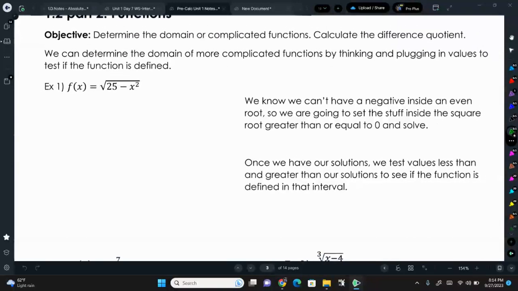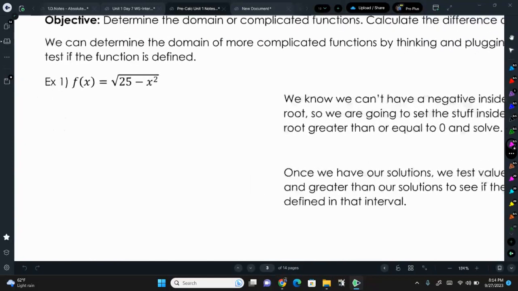Well, we know that we can't have a negative inside the square root, so we're going to have to set the stuff inside the square root to be greater than or equal to 0. So 25 minus x squared is greater than or equal to 0. Well, there's a couple ways we could solve this. When we did quadratic inequalities, we factored and we made a sketch and we were able to find our interval that way. Now, one of the things to note is that our a value was always 1, was always positive,